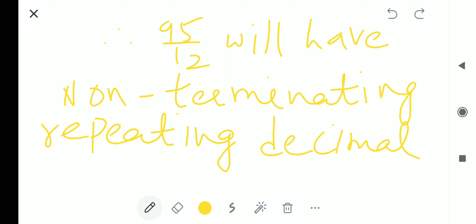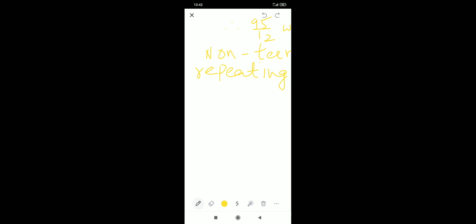Did I perform the division here? No. So without performing the division, I have concluded it as a non-terminating repeating decimal. So if you have any doubts in this, I will clarify by performing the actual division. So let me do verification. By performing actual division, I want to divide 95 by 12. So what happens